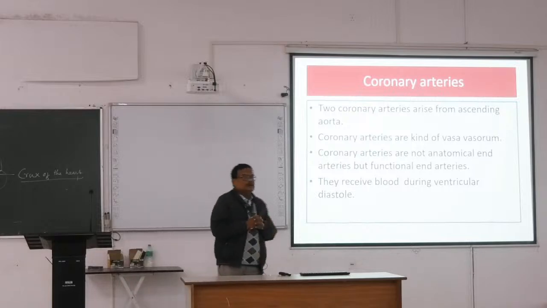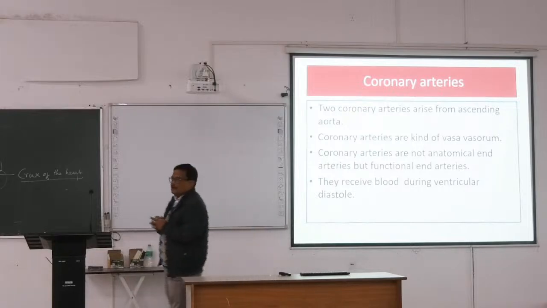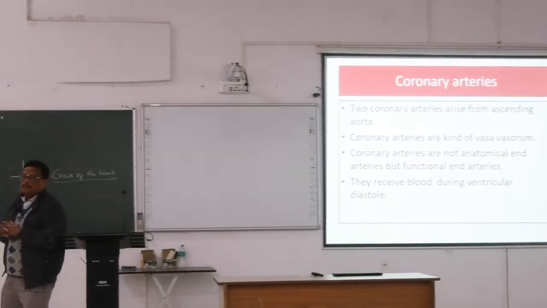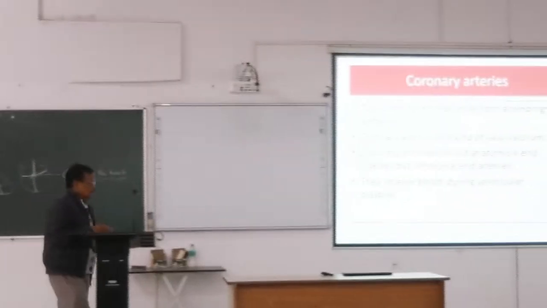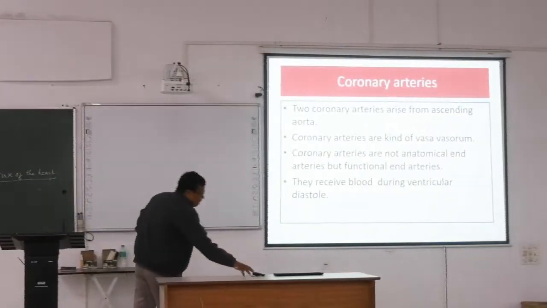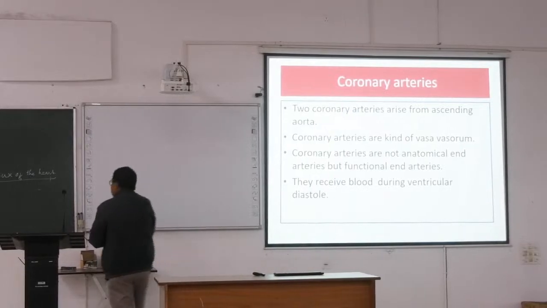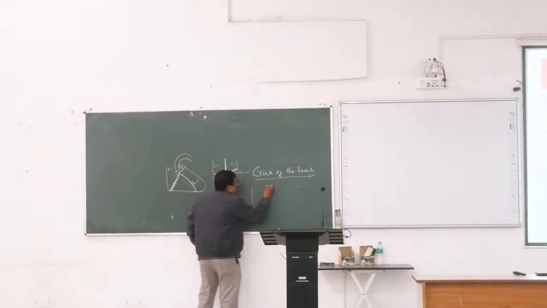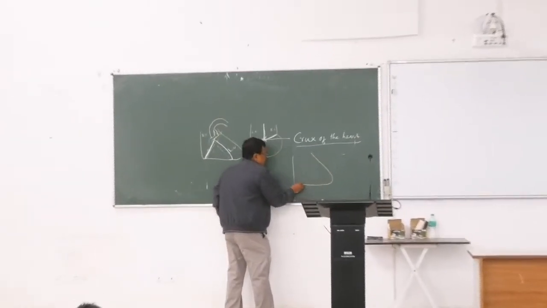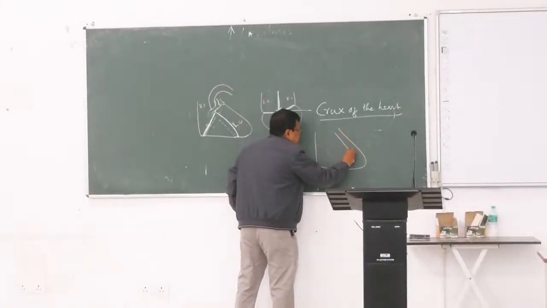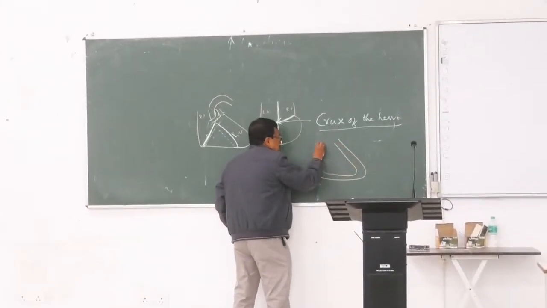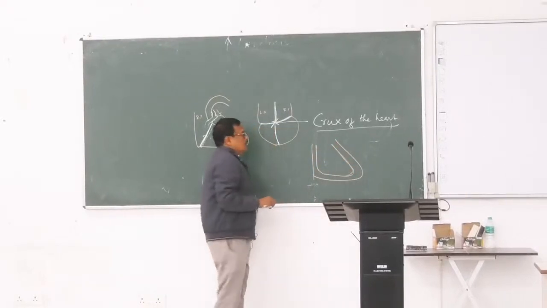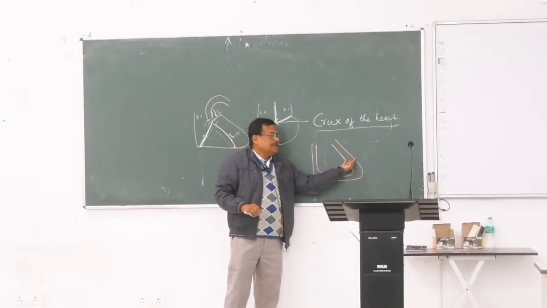Coronary circulation, introduction. Coronary circulation is meant for blood supply of the heart. But you must remember, if this is the heart cavity, heart like a